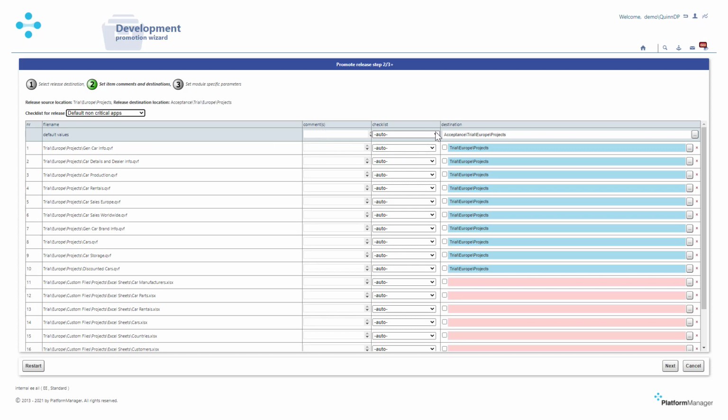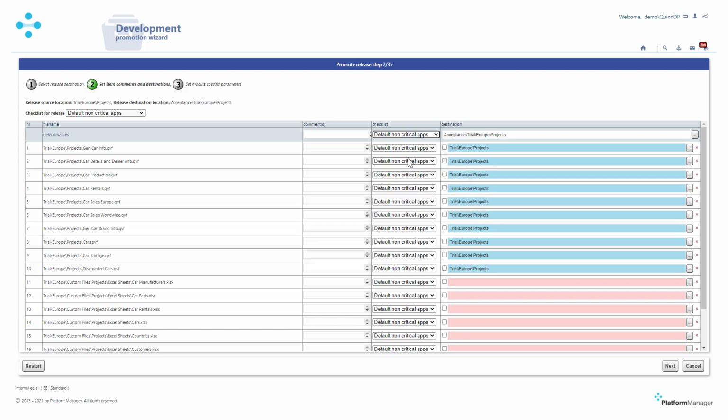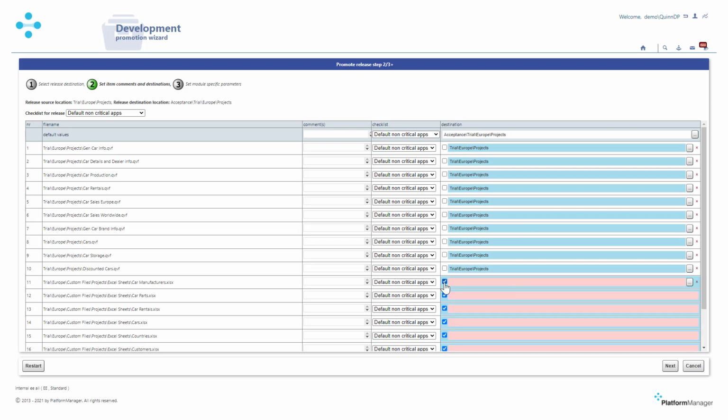You can pick the checklist. Currently, this is set as the automatic selection checklist. I could say I'm going to use the default for non-critical apps. And then we can specify the destination. Now it's already defined that the Qlik Sense apps go into the projects folder. I could also select the location for all of the Excel sheets, for instance. So let's move those to the